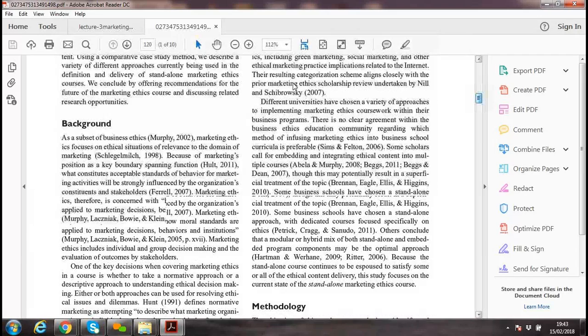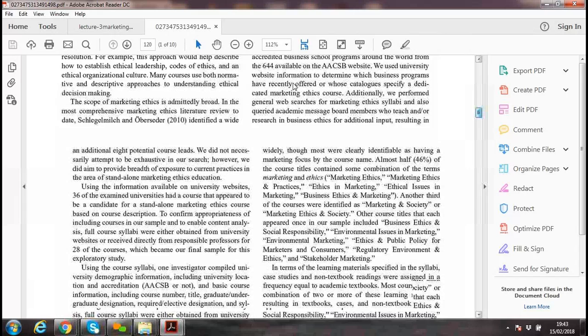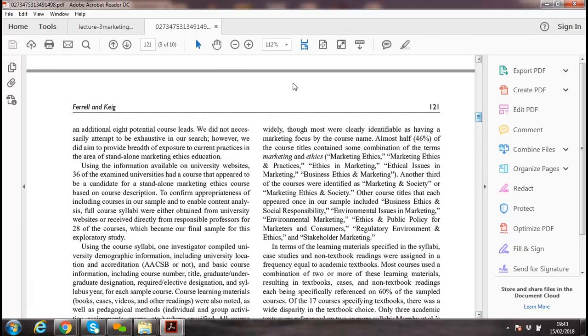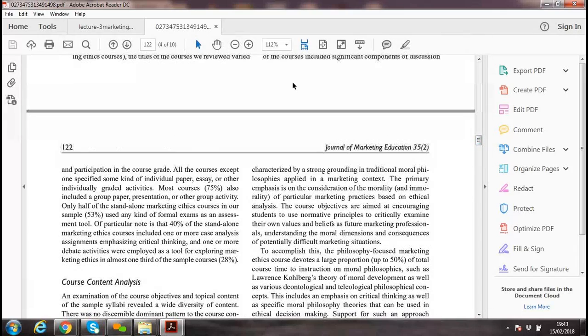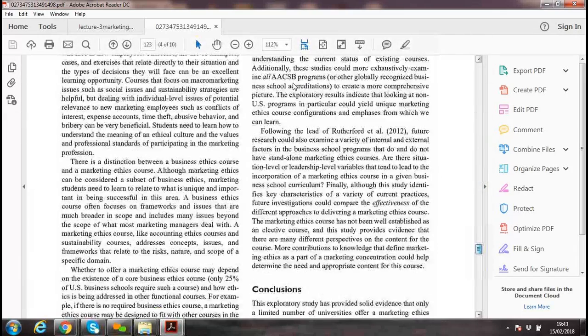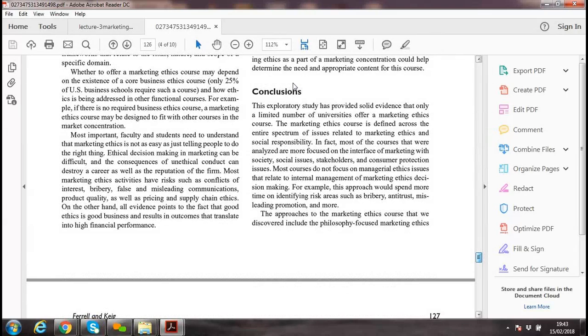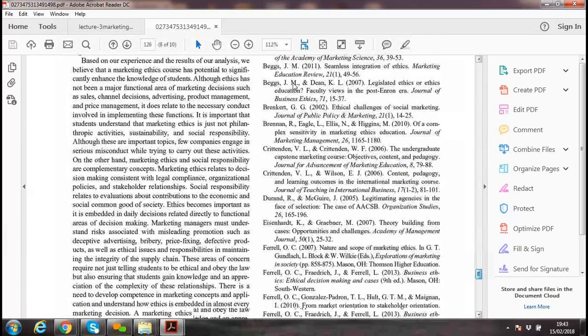It's good to read the abstract of the journal. Don't worry, sometimes reading a journal is harder, but pick a few things from it that you can use, especially for the literature. If you read the conclusion of the journal, it gives you really good insight: what happened, what they found in the research, and what the ethical issues are, like bribery, social responsibilities,